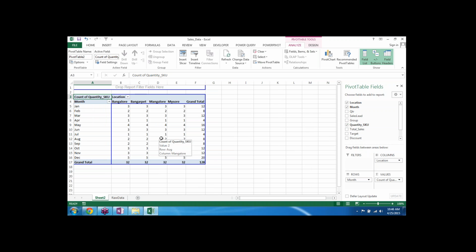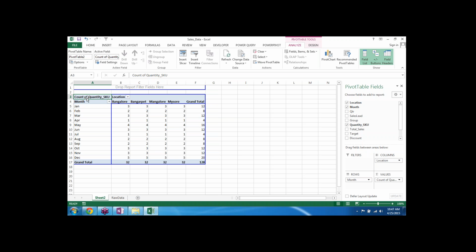So the moment you put it, you see that only 1, 2, 3, 1, 2, 3 are coming like this. You say no, this is not possible, because we have done more sales than whatever it is showing. So something is wrong over here. What's wrong is this. See, by default, at times when you draw a pivot, it might take you to this count option. So by default, your pivot might be showing count.